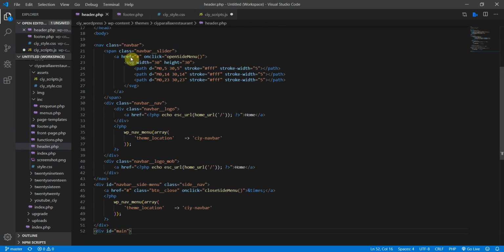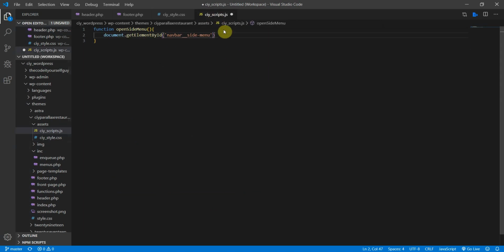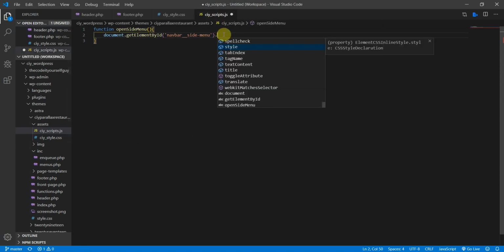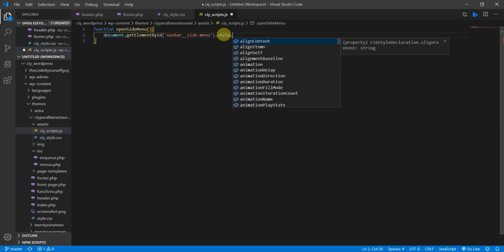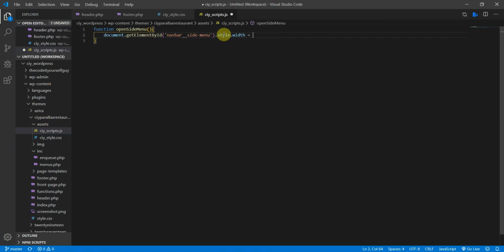So you can open navbar, yeah, navbar side menu like this down here, and then I'm going to style this one. So .style.width, and that is going to be 250 pixels,